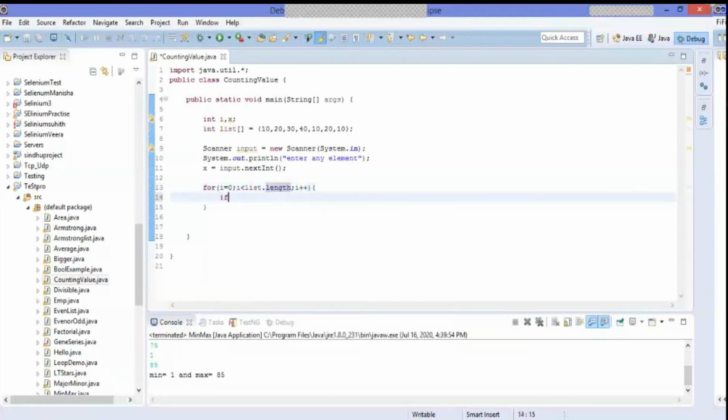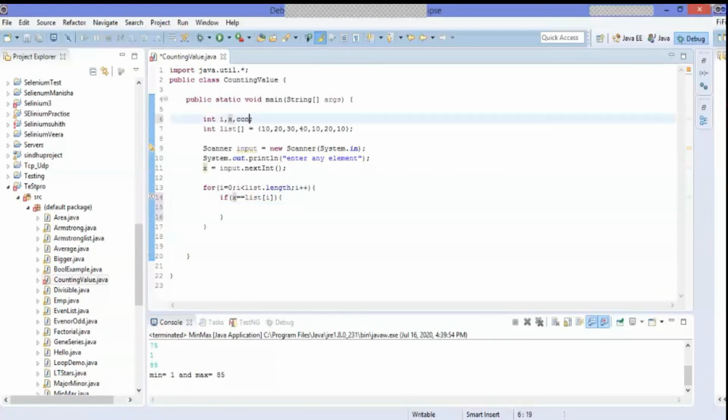Now I'm comparing with the respective value. If x is equal to list[i]: whatever value is given on the keyboard, I'm checking whether it matches the series of values. If a match is found, we need to count it.